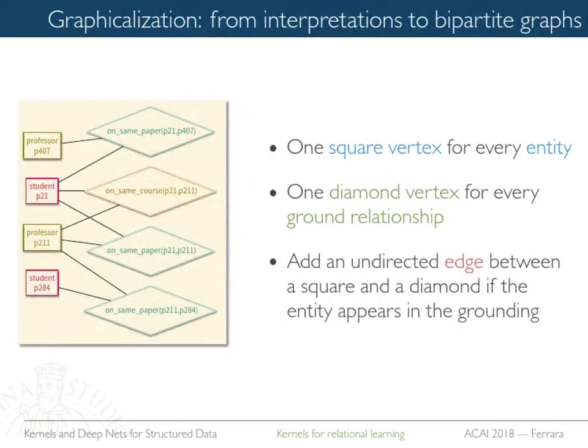And once I have this, okay, what I can do is to move from interpretations. An interpretation is what? An interpretation is simply a relational database, right? An instance of a relational database. And I can change this into a bipartite graph. Remember, a relational database is a hypergraph, right? You're with me on that? It's a hypergraph because the tuples are hyperedges, right?